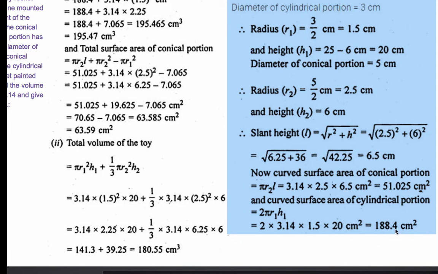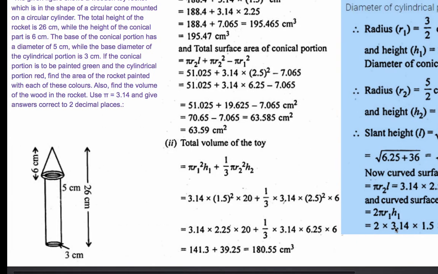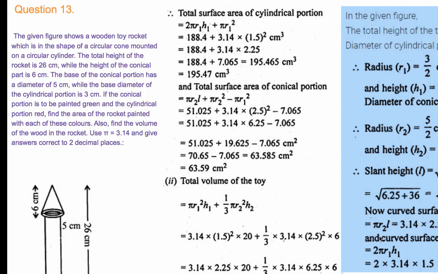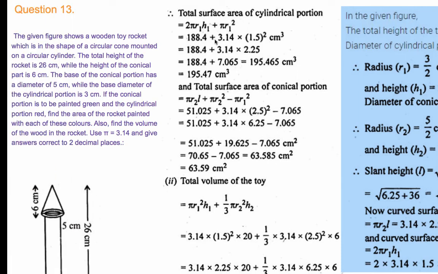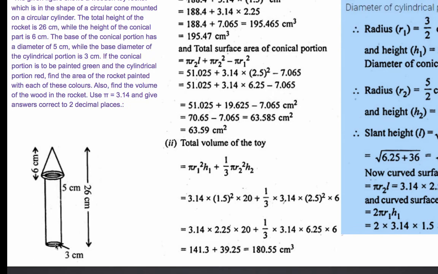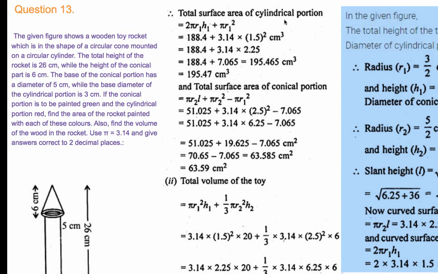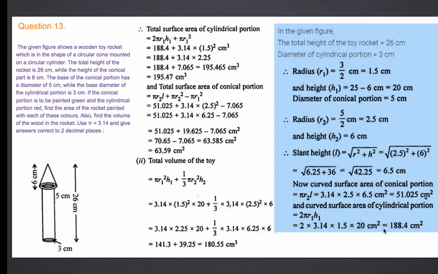So this much is the first part of the question where we calculated separately the curved parts of the cone as well as for the cylinder. Now cone is placed over the cylinder. Fine, student. The cone is placed over the cylinder, so we need to take care of this part. Total surface area of cylindrical portion, because there is a circular base also, we can't leave that, we have to paint it. So total surface area of cylindrical portion will become 2 pi r h, the value which we have calculated just now, plus pi r square, the area of the circular base. Okay.